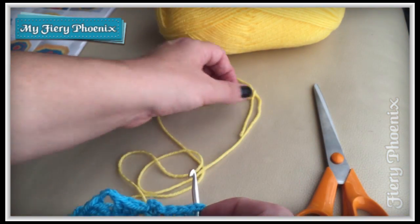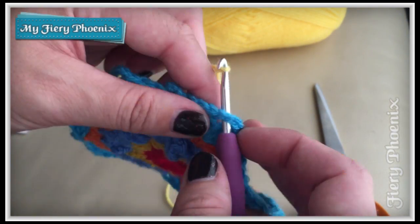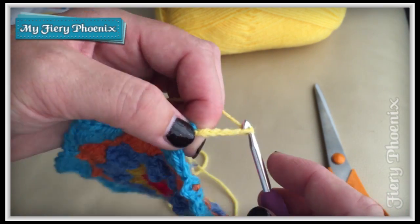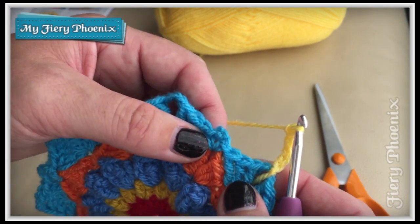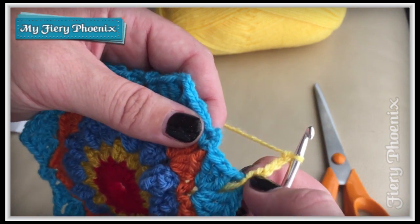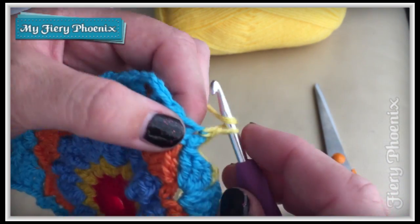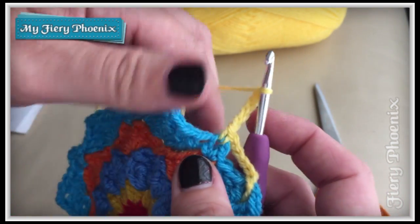So we will start off, we'll take the ready prepared loop and pull that through, and we will chain 6. 1, 2, 3, 4, 5, 6. You do need to try and keep this quite loose. If you make it too tight, then everything will be pulled in and you won't have a nice flat motif. This is a 5 and a double chain. So we're going to double crochet and chain 5. 1, 2, 3, 4, 5, and then we're going to